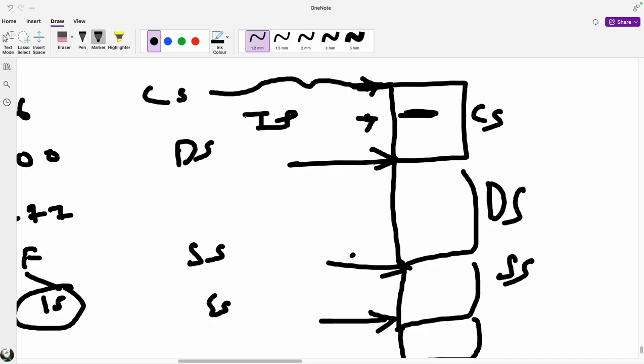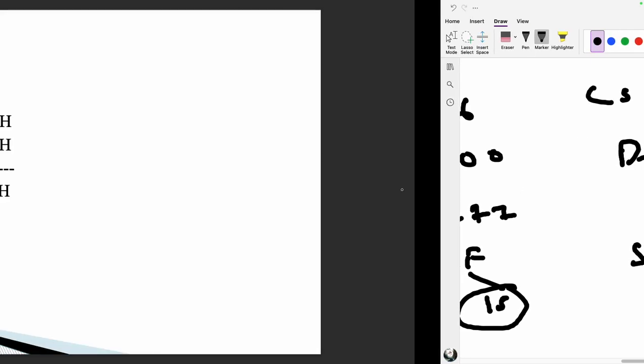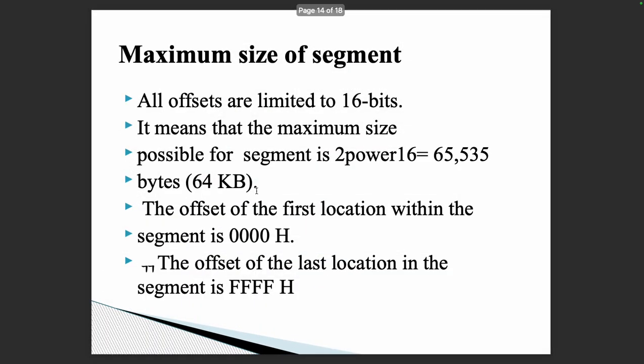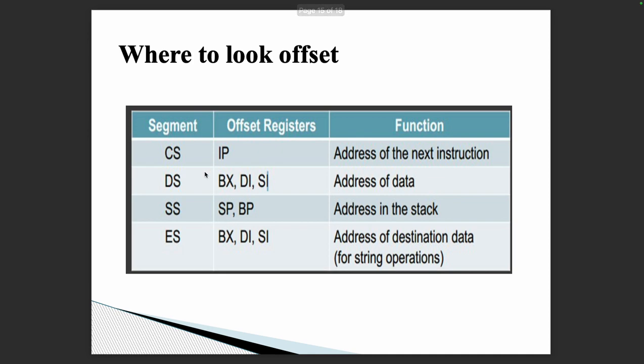और बाकियों का भी तो ऑफसेट चाहिए ना। डेटा सेगमेंट में आप कहीं पे काम कर रहे हैं, मान लो यहाँ पे काम कर रहे हैं, स्टैक सेगमेंट में इधर पहुंचे हैं आप, एक्स्ट्रा सेगमेंट इधर पहुंचे हैं, तो we need offset everywhere, right. We do not need only the base address, we also need the offset. तो उसी के लिए हम बता रहे हैं कि अगर आपको बाकियों का ऑफसेट चाहिए, जैसे कोड सेगमेंट का ऑफसेट किस में है, IP में, ओनली IP. लेकिन जो आपका डेटा सेगमेंट है उसका ऑफसेट है हमारे पास BX में